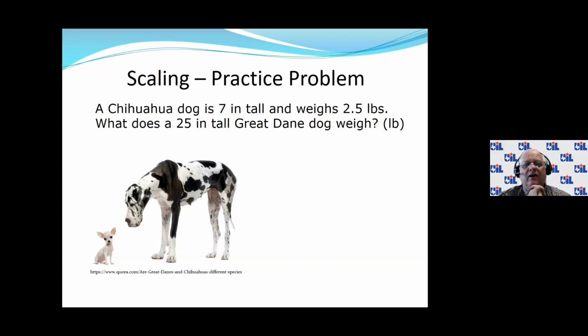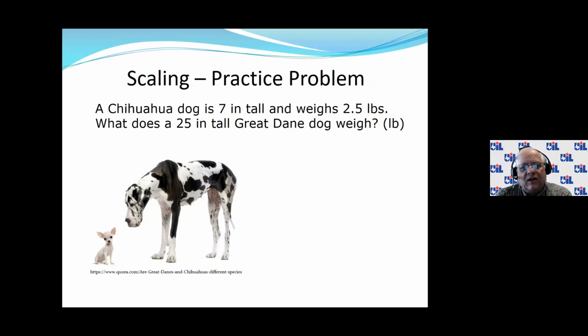So I think that hopefully maybe that's enough time. Again, I didn't put the solution here. I just have the answer. But the way we would do this is, again, because the volume scales with the mass for these geometrically similar figures, I can say that the weight of the Great Dane divided by the weight of the Chihuahua,